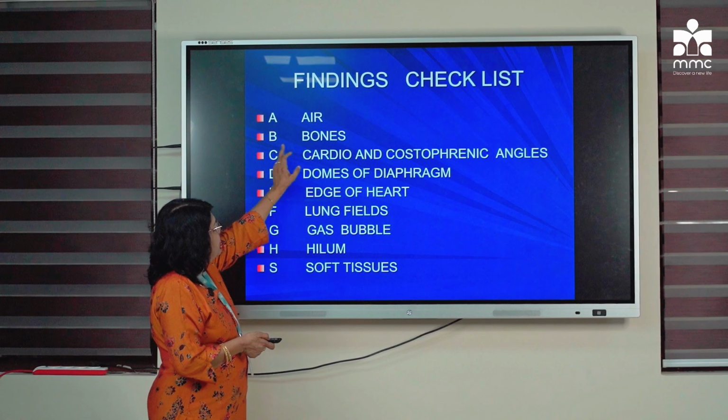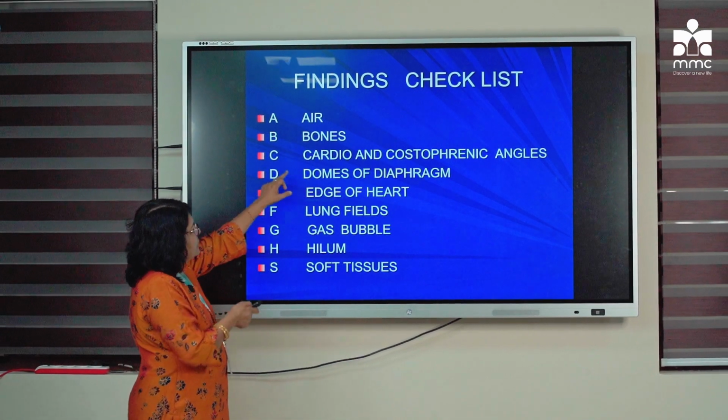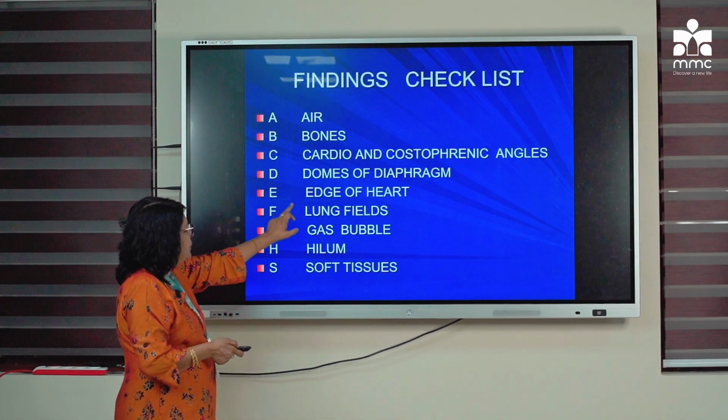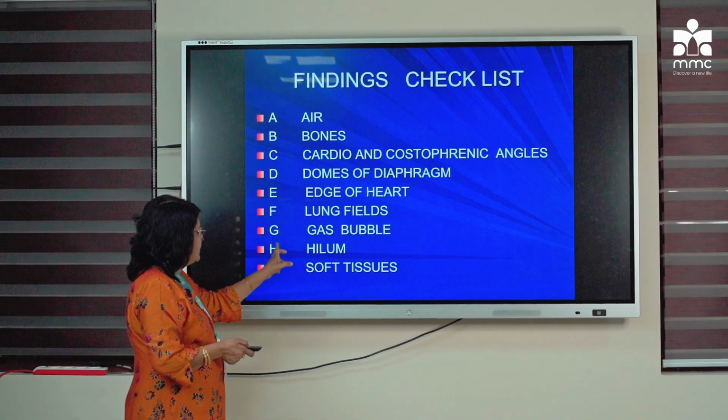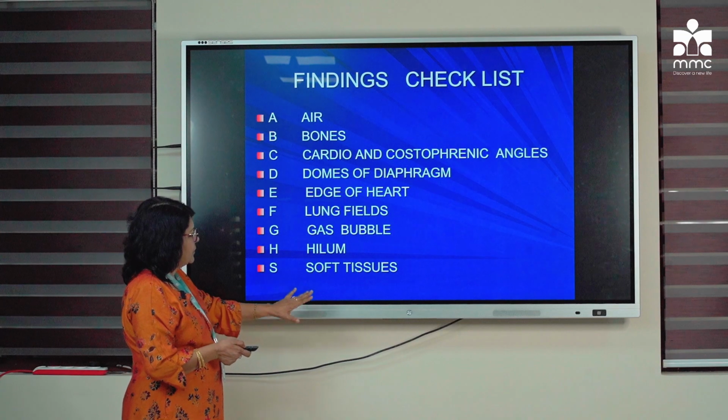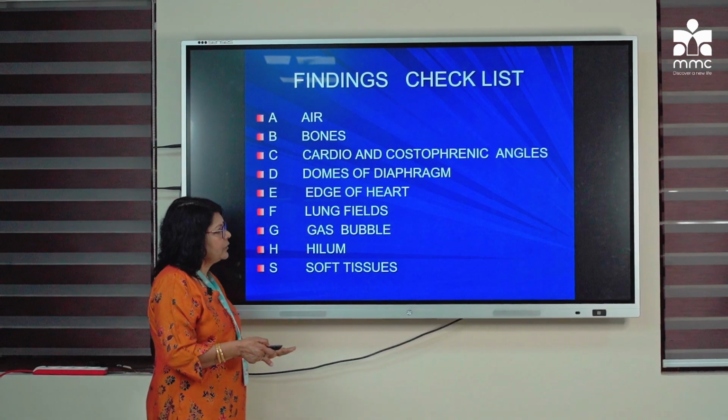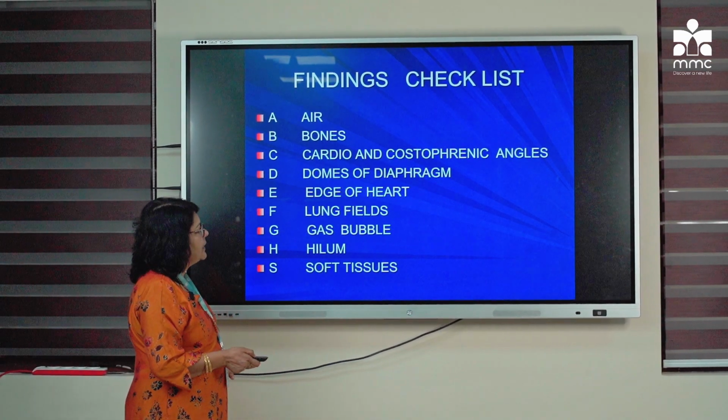A stands for air, B stands for bone, C stands for cardiophrenic and costophrenic angles, D for the dome of the diaphragm, E for the edge of the heart, F for the lung fields, G for gas bubble, H for the hilum, and S for soft tissue. This is very important, so all of you should remember this mnemonic because it will be easy for you to